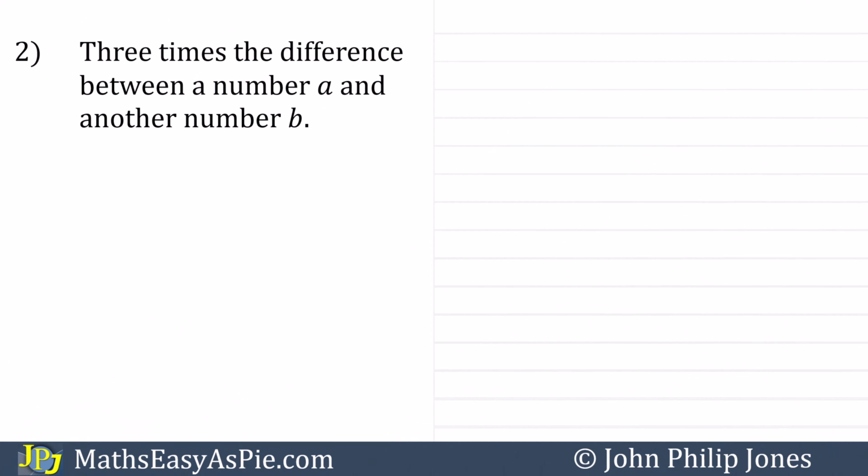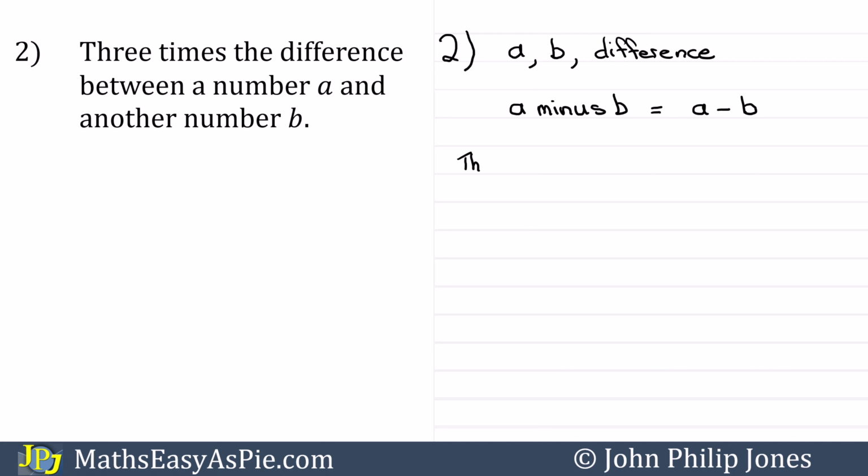Let's now consider the second example. If we consider the text for 2, we know we have a and b as the numbers, and we're looking at the difference between them, which we can write as a minus b. Now the question is saying we have 3 times this difference, so we can write that as a minus b in brackets,